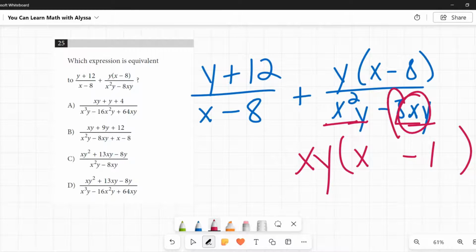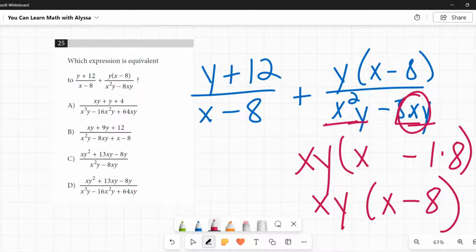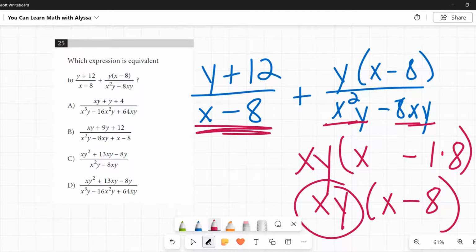So that takes care of the variables. And then we've got that 8. So 1 times 8, or just 8. So xy times x minus 8. I'm covering up the 8 there. There we go. So if I multiply this x minus 8 times xy, I will get x squared y minus